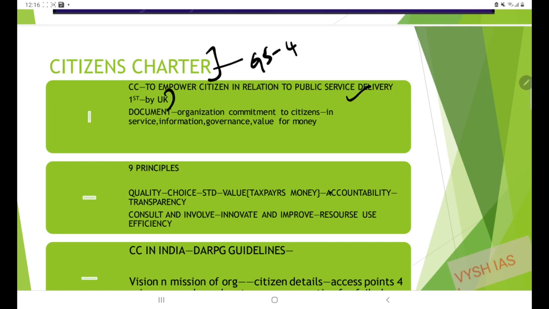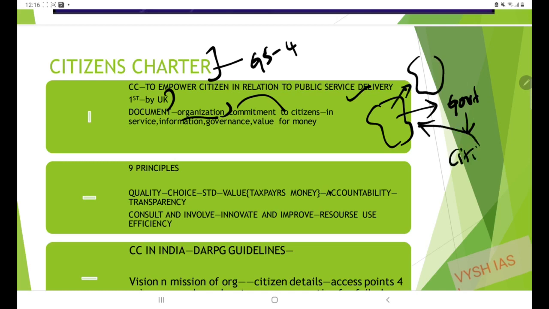It is basically a document which underlines the commitment of an organization towards the citizens. So if we are moving to a government department for getting a public service delivery done, a citizen, while moving to this organization, must have a citizen charter underlining all the services and the motives of the organization, so that the citizen becomes aware of the functioning of the organization. So the citizen can know whether value for money exists or not. I am giving money, I am giving tax, so am I getting the deserved service? That the citizen can evaluate.